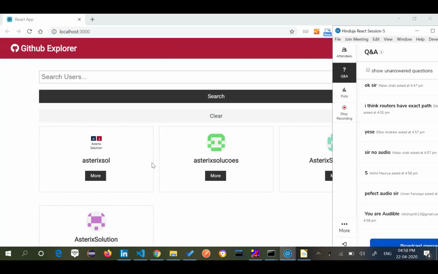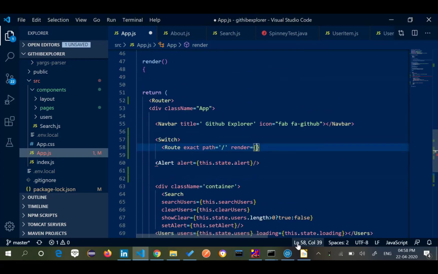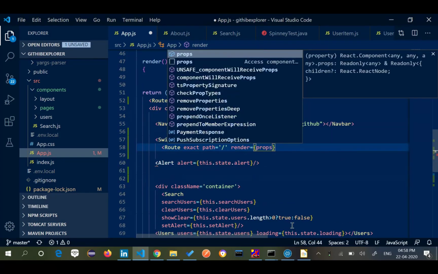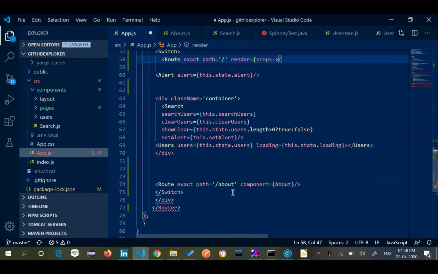So this whole thing is going to be my home page. So what I'm going to do is say render is equal to, and whatever props I'm getting from here, because I need to pass the props ahead, since I'm combining multiple pages to become one for me. So what I need to do is take whatever I have here and put it inside a single root.